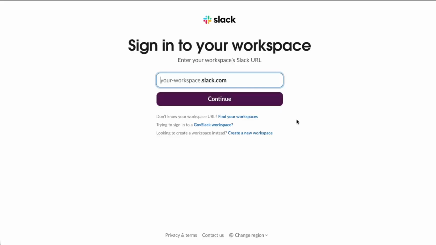Slack may ask you to log in or approve permissions for GoHighLevel. Just follow the prompts, review the requested access, and approve the connection. After that, you'll be redirected back to GoHighLevel, and your Slack integration